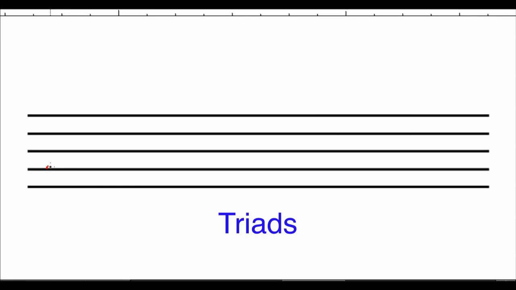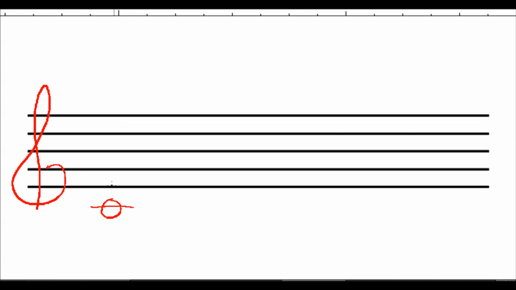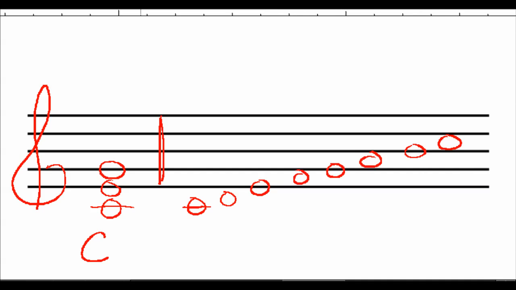So this video is going to cover the basics of spelling chords, specifically triads. Triads are three-note chords and are the basis for Western harmony. So first off, how do you spell triads? The most common way of spelling triads is spelling them using the first, third, and fifth scale degrees of